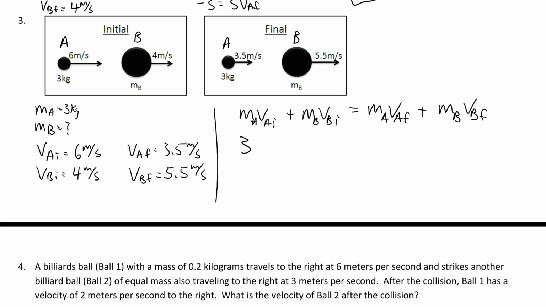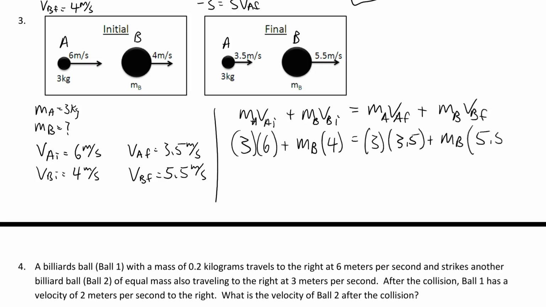Okay, this is 3 times 6 plus, we don't know the mass of B, but we know it's moving at 4 meters per second before the collision. After the collision, the mass of A is moving at 3.5 meters per second, and the mass of B, we don't know it. Oh man, there's 2. Oh wait, it's the same unknown, but it's written there twice. So this is going to be 5.5. All right, so now you have to solve for, it's like solving for x, right? But now we have 2 variables, but they're the same variable. So we might have to combine like terms, that type of thing. Yes, very good. So this is going to be 18 plus 4mb is equal to